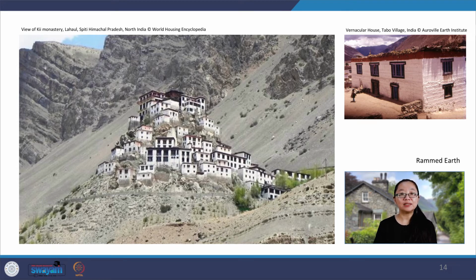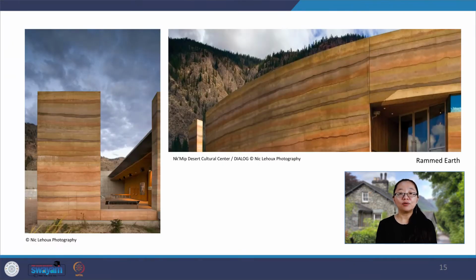This construction type is predominantly used for residential houses and temples, and it has been practiced for more than 200 years until today. There are many more great historic examples of rammed earth still standing today, a testament to the durability and strength of this technique, and clearly one of the reasons it has been accepted by the modern construction industry as a legitimate building construction technique. The contemporary architecture shown here is the Desert Cultural Center in Canada, designed by Dialog, built